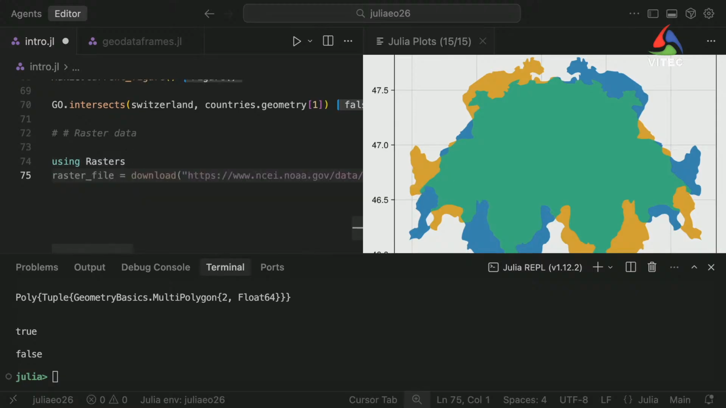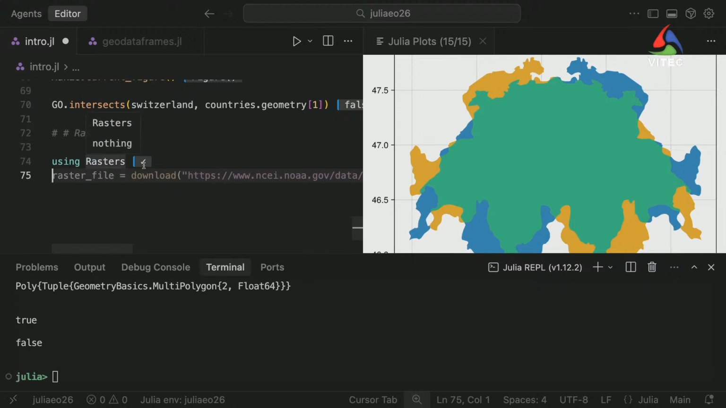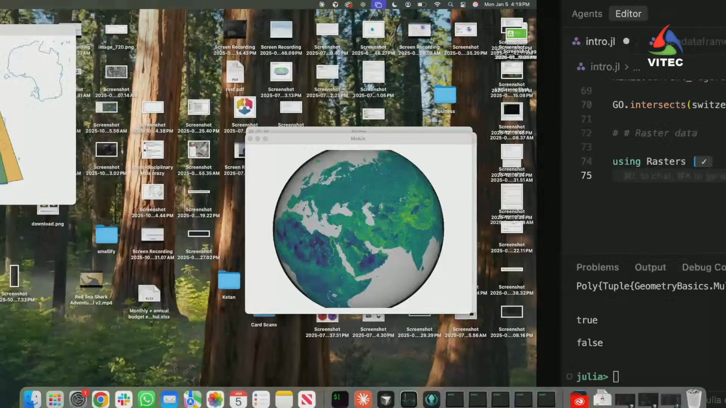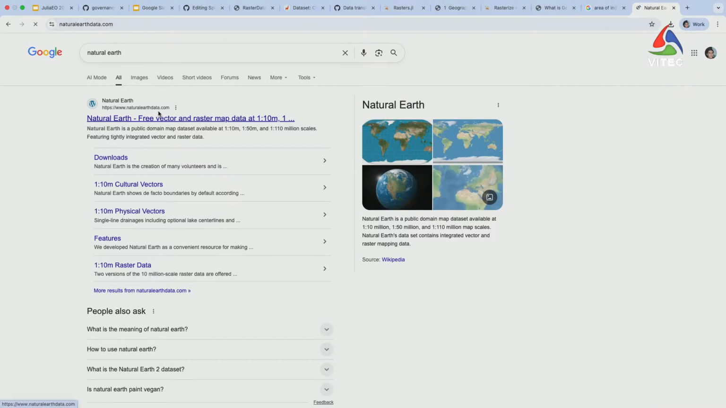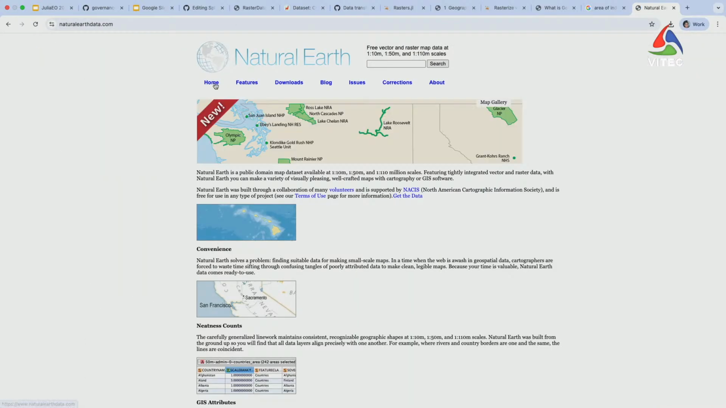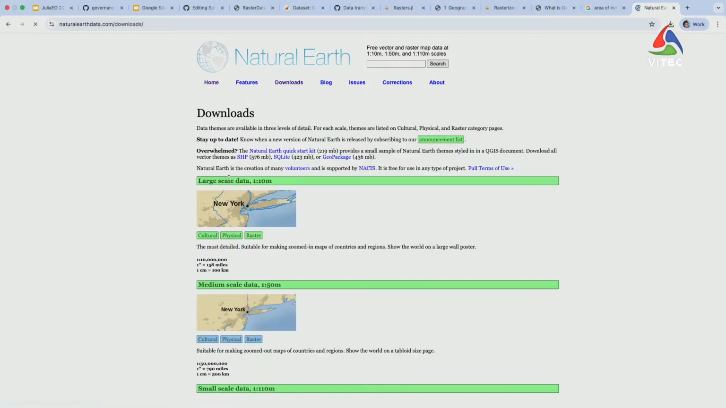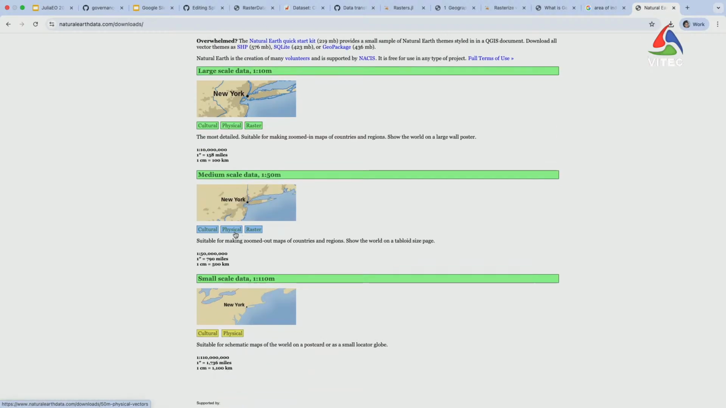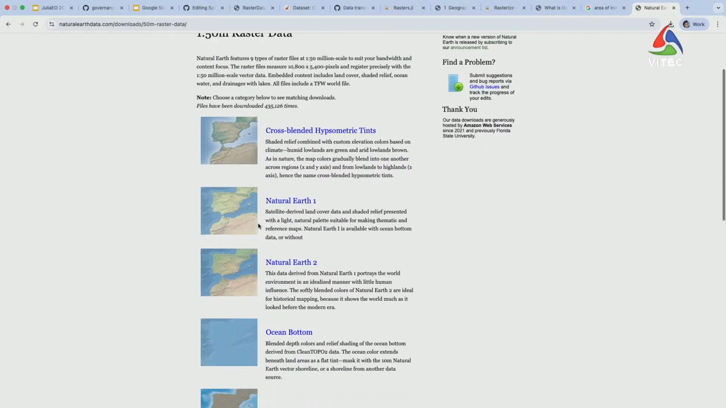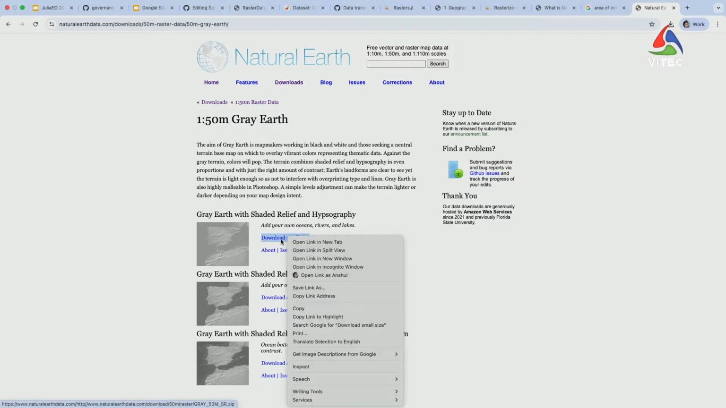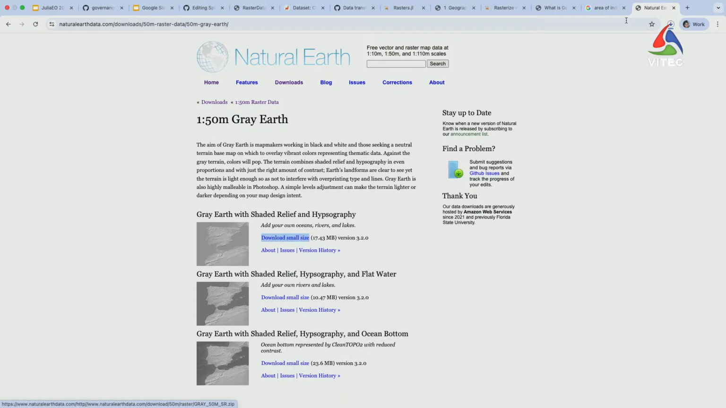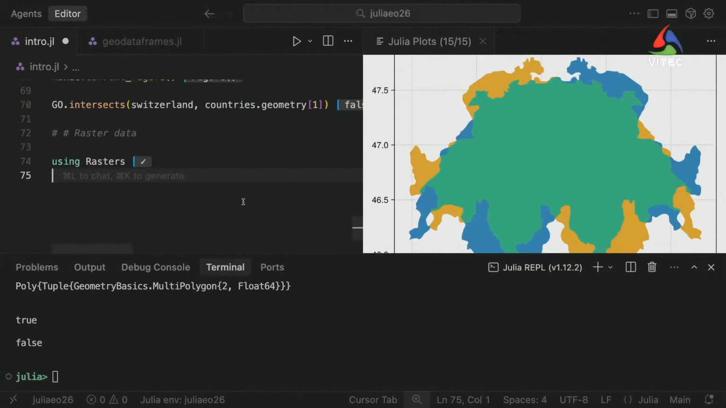Let's see, what kind of data would we want? I'm going to use a package called RasterDataSources. Oh wait, no, I have to find something. Natural Earth is a website that has a bunch of interesting geospatial data. Let's see, medium scale, raster. I guess that's not really meaningful though. Okay, I'll use a package called RasterDataSources, which basically